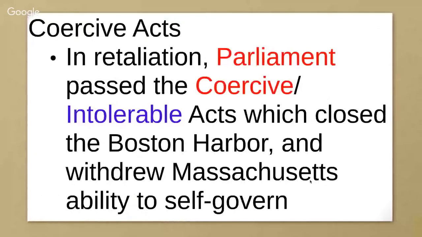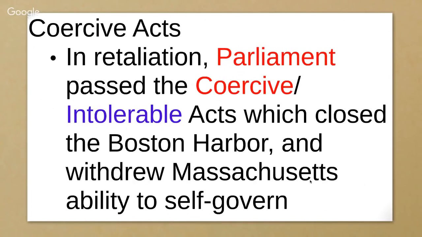What Great Britain did next was called the Coercive Acts, or the Intolerable Acts as they were known in the colonies. And they passed this, which closed the Boston Harbor, which was the harbor in which the Boston Tea Party took place. And they withdrew Massachusetts's ability to self-govern, which of course is the state in which Boston and the Boston Harbor are in. So the ability to self-govern is what's really, really important here,